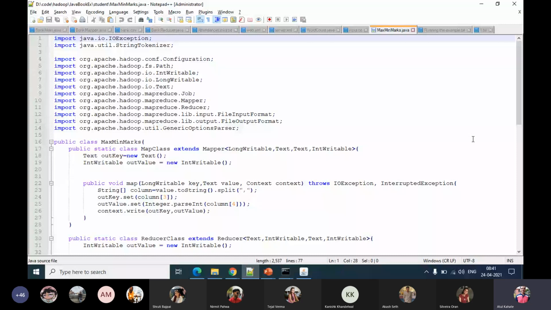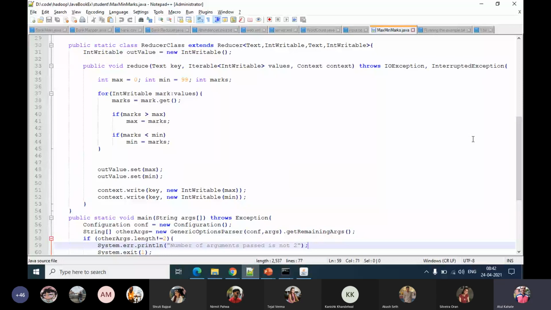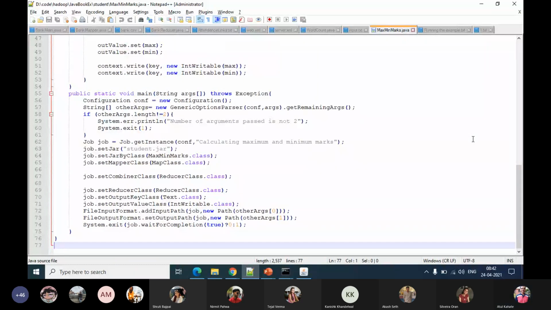And scroll down to the reducer class. And then the main method. Then how to run the example also.